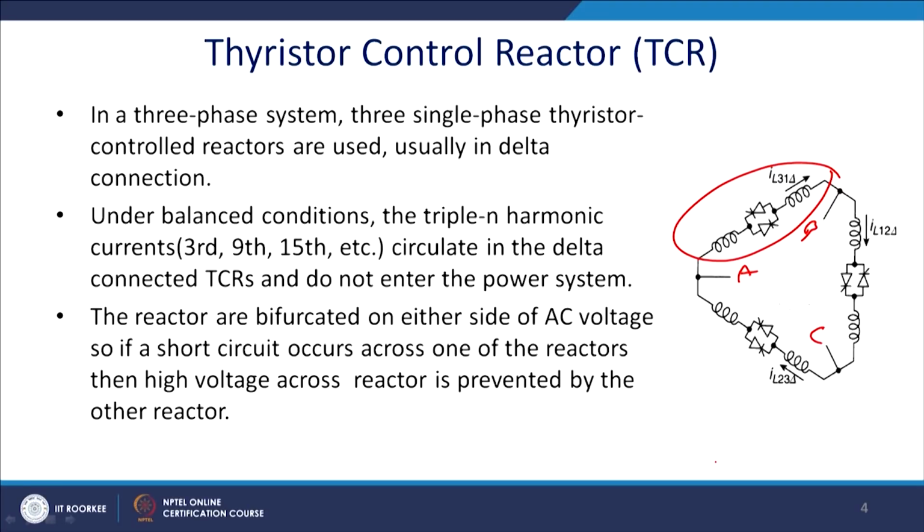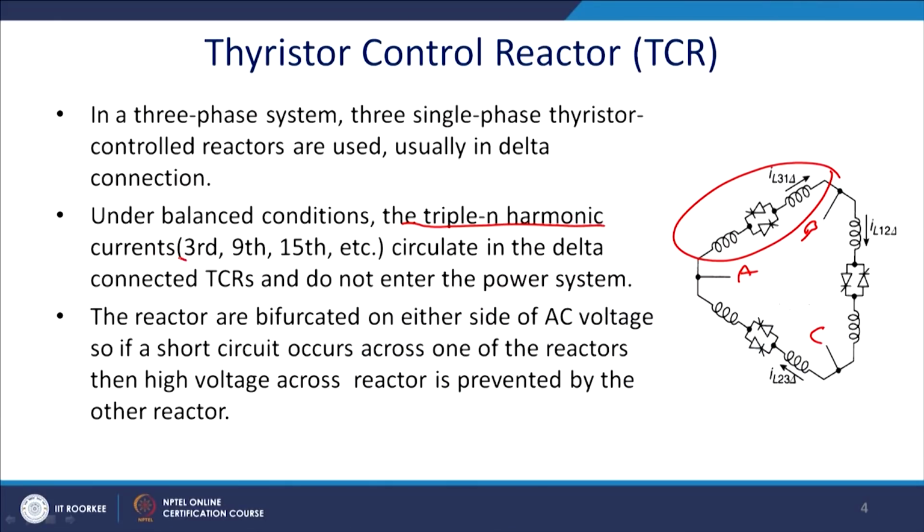In the 3-phase system, 3 single phase thyristor controlled reactors are used and they are in a delta connection. So, the third harmonic will be restricted and will circulate within this loop. Under balanced condition, the triplen harmonics, that is third, ninth, 15th and so on, circulate in the delta connection, and the TCR does not inject them into the line, and the reactors are bifurcated on either side of the AC